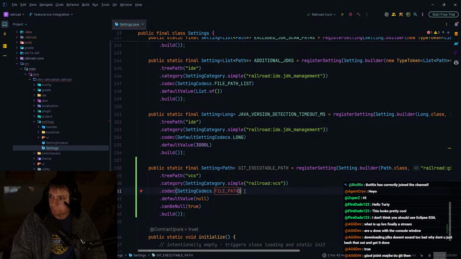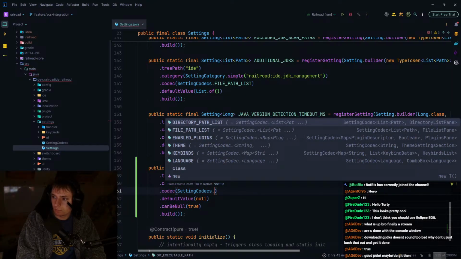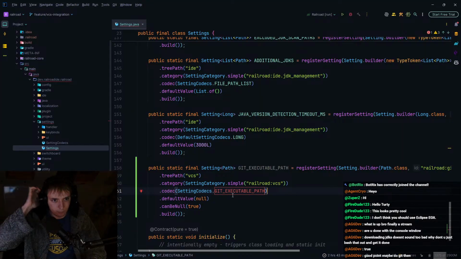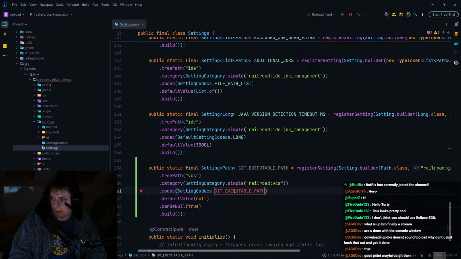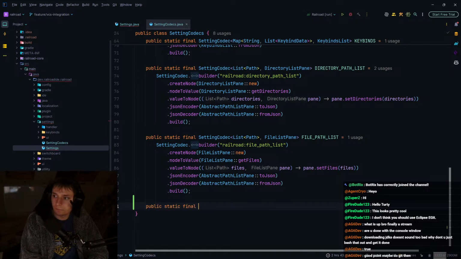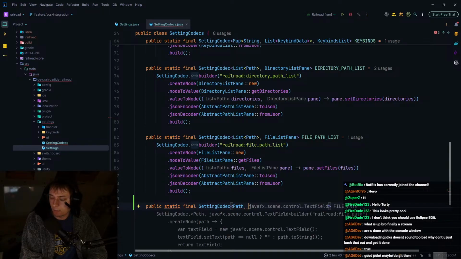Okay. Then this will be setting codecs dot Git executable path, because we're going to want a custom one. That way we can then have the download button and whatnot. Obviously a rewrite of the setting system would be significantly helpful here, but you know, can't have everything. So setting codec of a path, which will be a